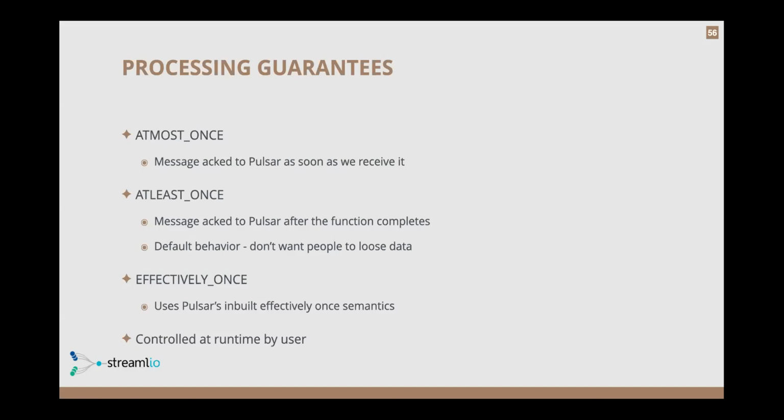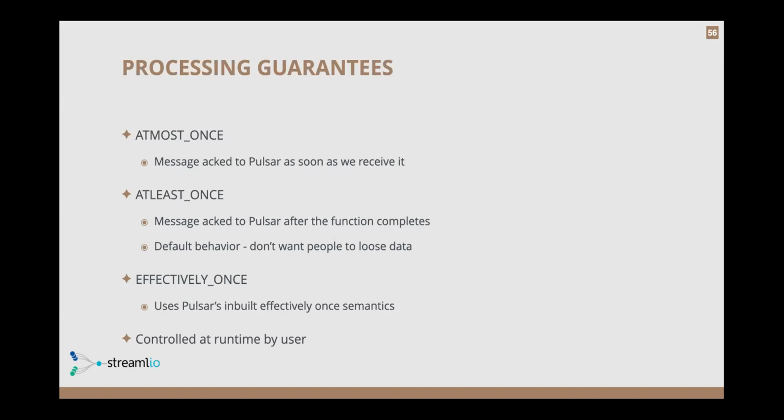This is the default behavior built in, so we have auto ack built into a message. As you may have seen or recall earlier from the client code, we explicitly had a consumer and we got the message, and then we explicitly did an acknowledgement on it. Here we had a concept called auto acking, and so it will automatically ack the message, and you don't need to add an ack call inside your function as well. So again, we keep it clean. You're really not aware of the API underneath the covers. You can focus exactly on what you want to do with the code within that logic block.